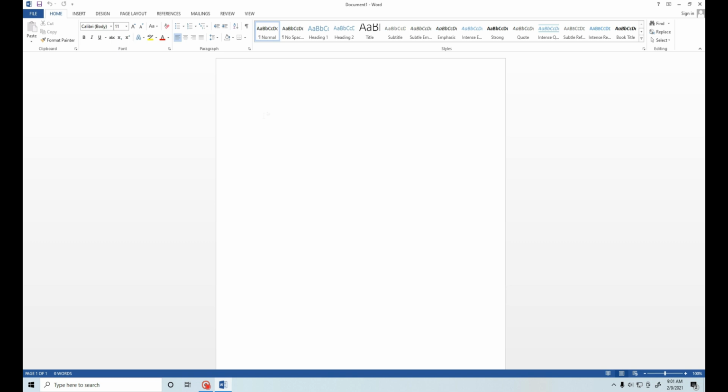Things other than text and tables that can be inserted in an MS Word document are called objects. That means except text, we are inserting tables and pictures. What is that called? Objects. So we are going to discuss some objects in MS Word.